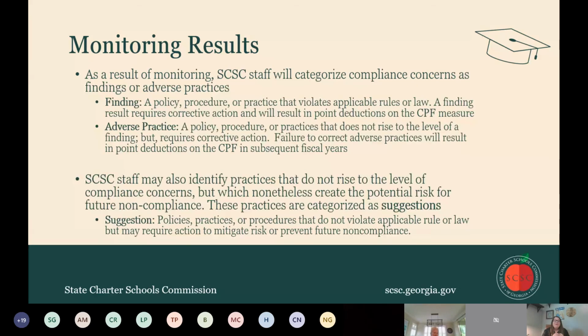The monitoring results, what does that look like? Your monitoring results are going to come in the form of a monitoring letter. Compliance concerns in your monitoring letter are identified and categorized in 3 possible ways: findings, adverse practices, and suggestions. A finding is a policy, procedure, or practice that violates applicable rule or law. A finding will also result in requiring the school to complete corrective action and result in point deductions on the